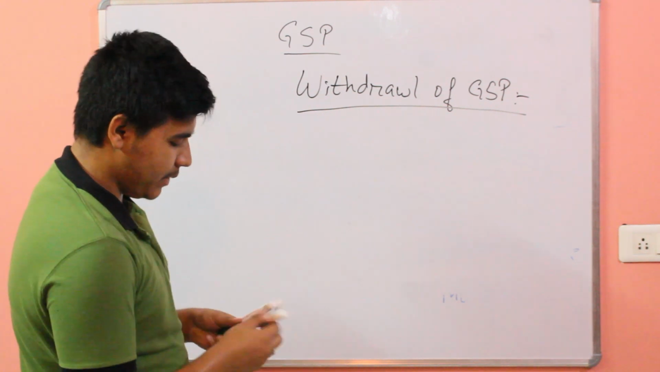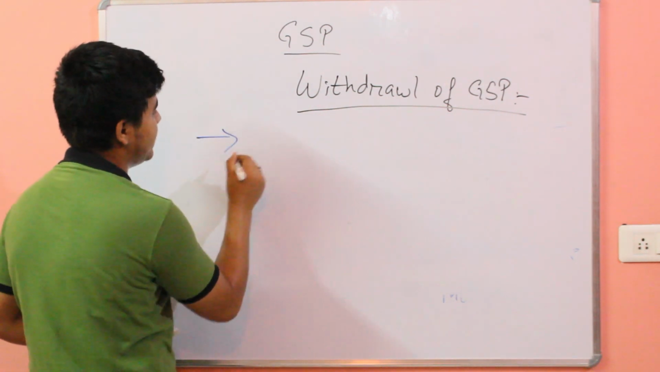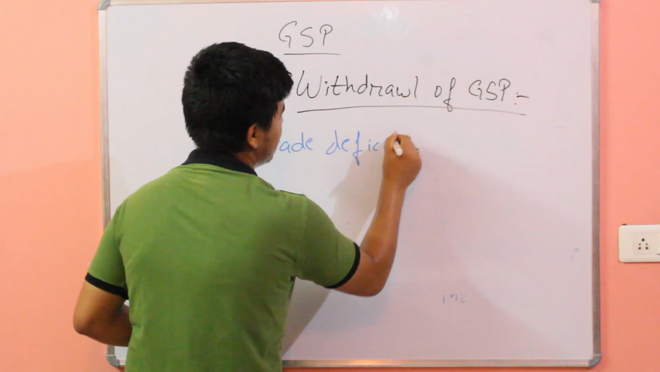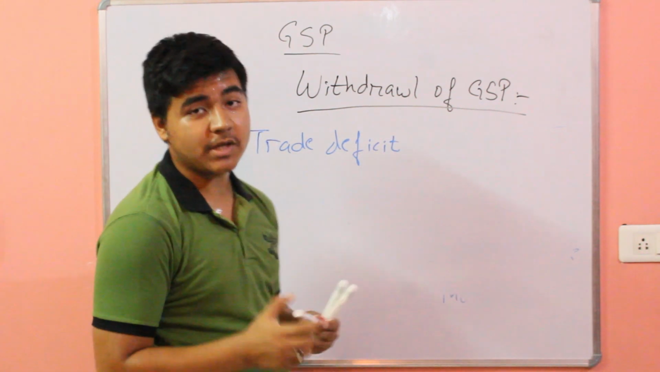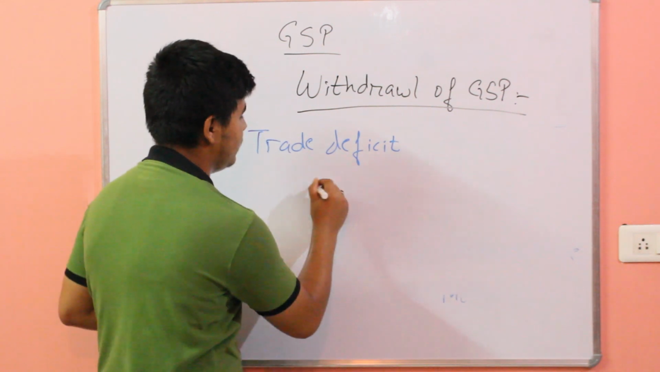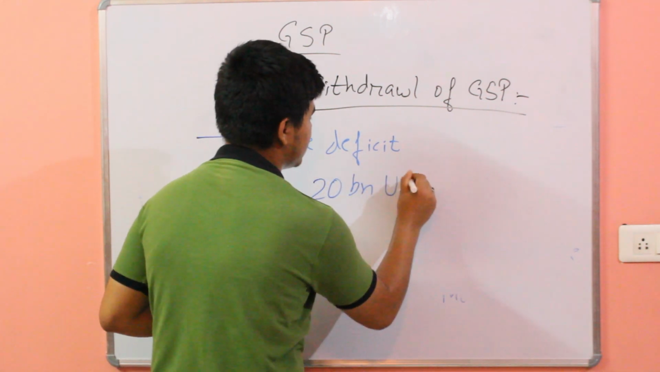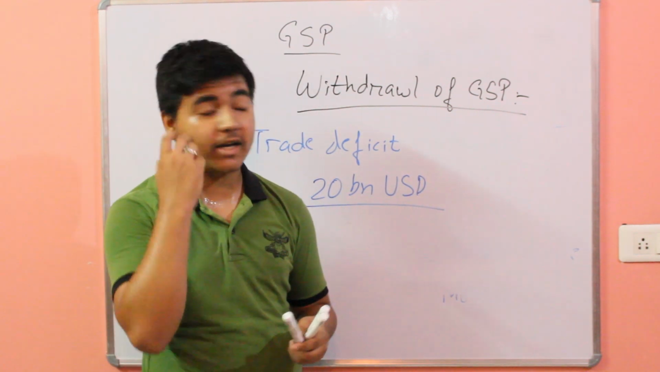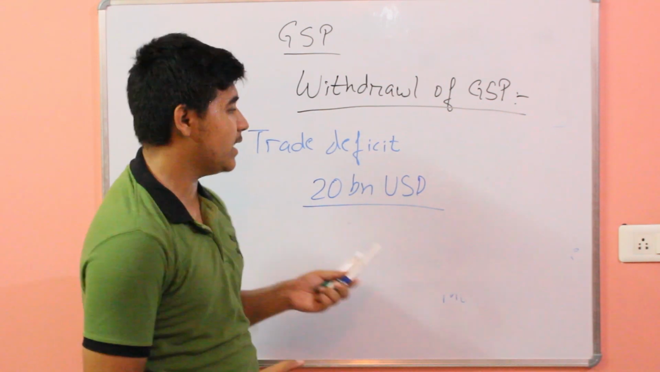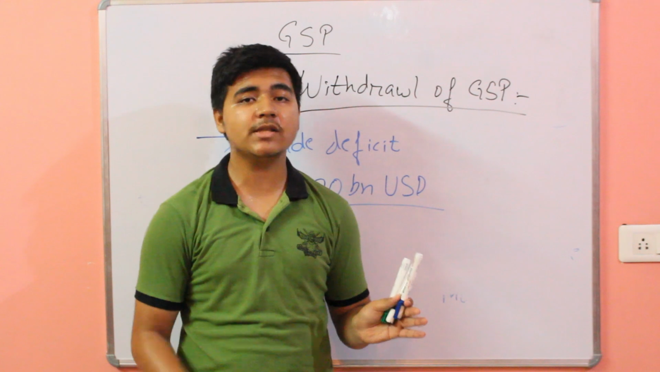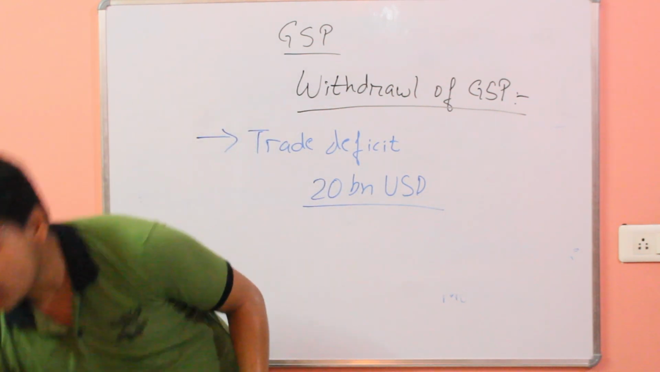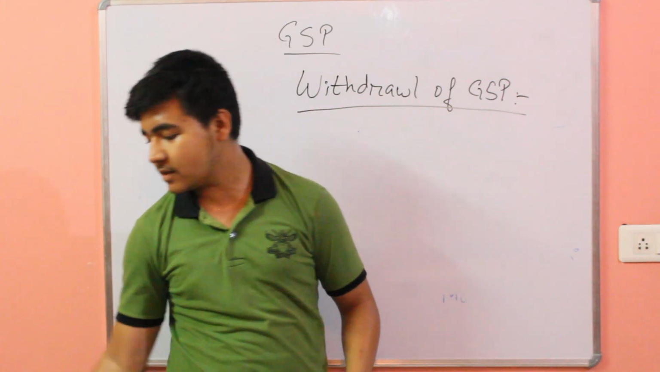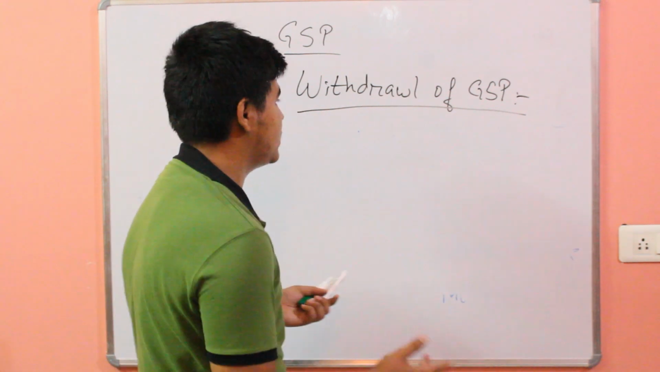The main reason behind the withdrawal of GSP was the trade deficit. You see, when India and US trade, there is a trade deficit of around 20 billion US dollars. I mean to say that the trade is more inclined or more productive for the developing countries. In this case, it is India. So it is 20 billion US dollars, the trade is inclined towards India. So under the GSP regime, after the removal of the GSP regime, this trade deficit is likely to increase, not